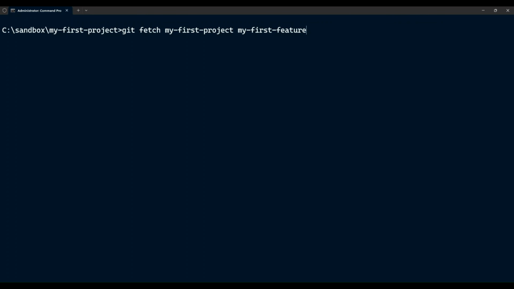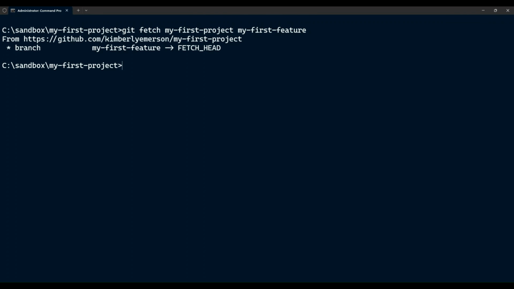Do you want to fetch from a specific branch? No problem. Git fetch can handle that. You tell it that you want to fetch from the repository. Our repository is my first project. And you want to fetch the branch, my first feature. Enter this command and execute it. And Git has fetched